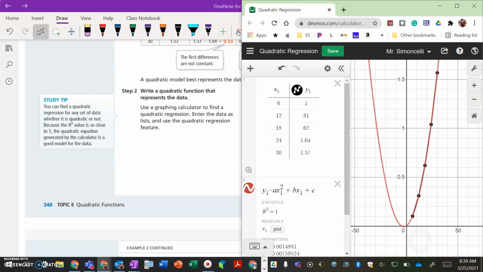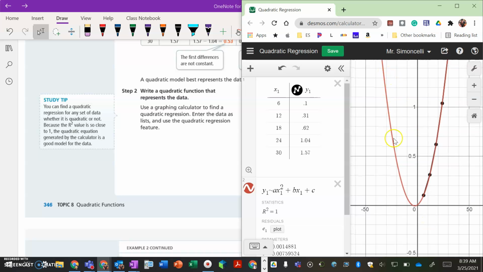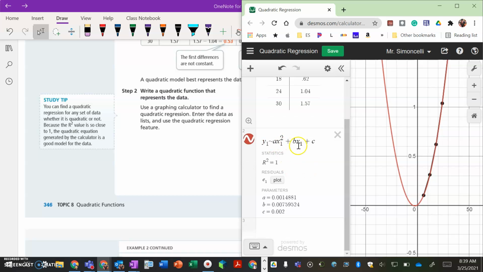But keep in mind, the red function that also takes shape is technically as close to touching those points as you possibly can get, given the fact that it is a best fit quadratic regression analysis. The r-squared value is exactly 1, which is quite nice. And if you take a look here, look at your a, b, and c values. You've got, therefore, y equals